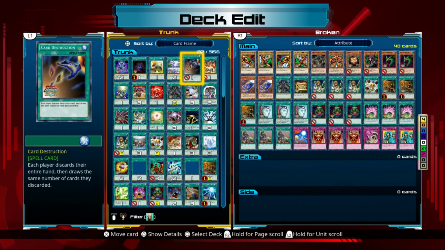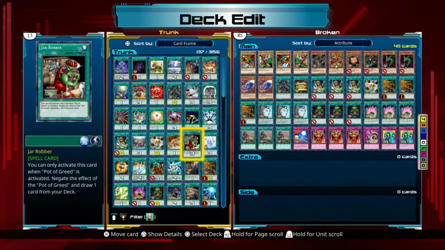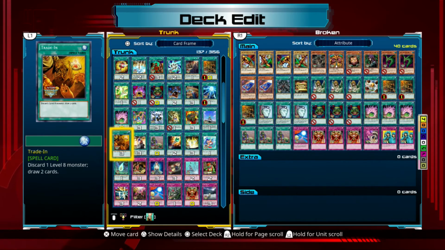And so then we had a bunch of cards like this, Allure of Darkness, or Destiny Draw, or Trading. These cards had a cost applied to them so that they kind of evened it out. Let's say Trading, you have to discard one level 8 monster and then you get to draw 2 cards. For that, you're losing 2 cards in order to gain those 2 cards. It's a good +0 card, but it's a balanced +0 card, and it was more fair for back in the